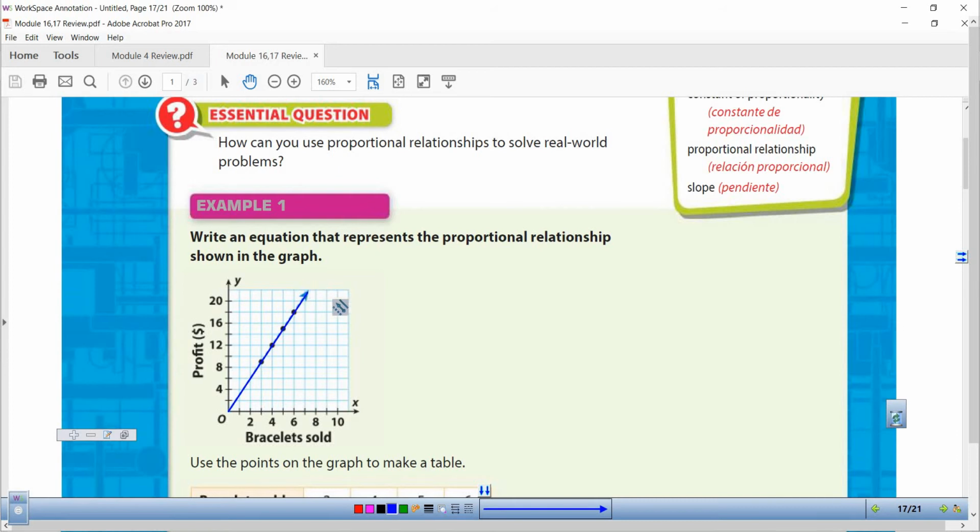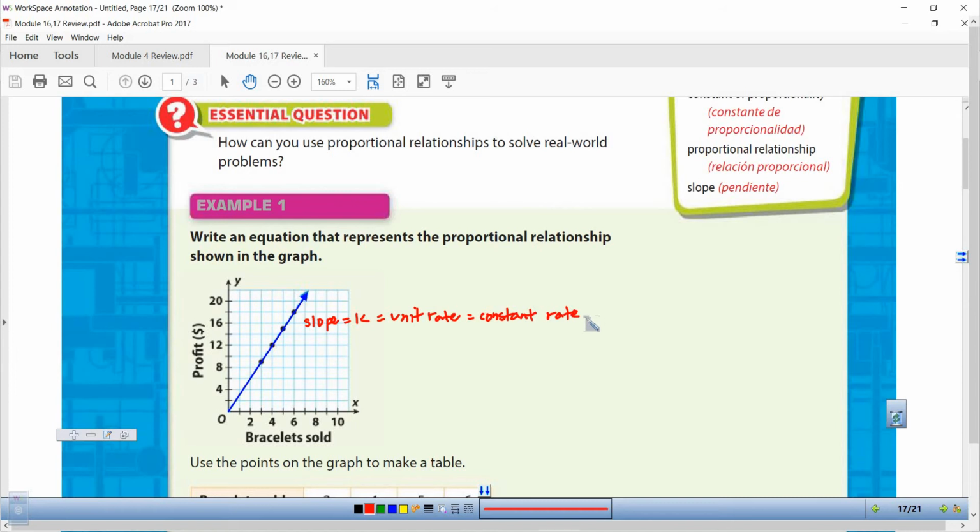You get a line that goes through the origin, and the slope of that line is equal to k, which is equal to the unit rate, which is equal to the constant of proportionality,